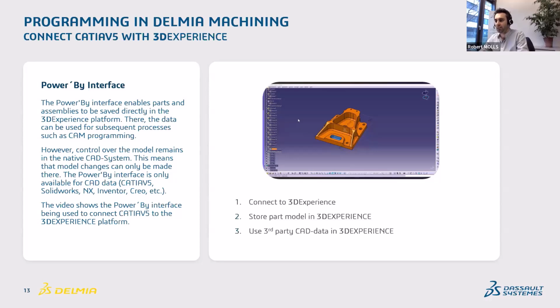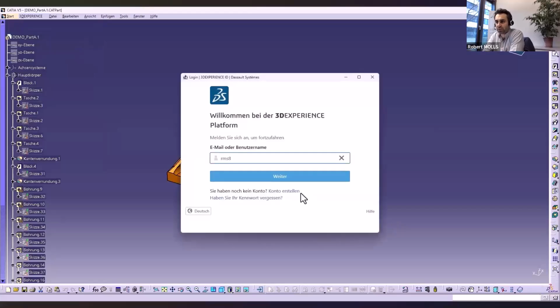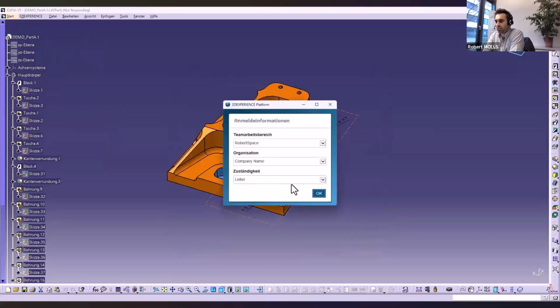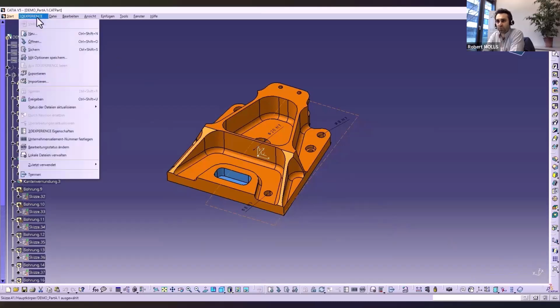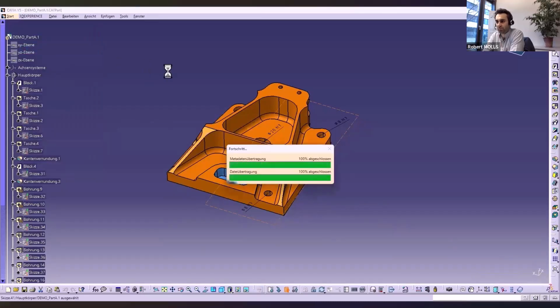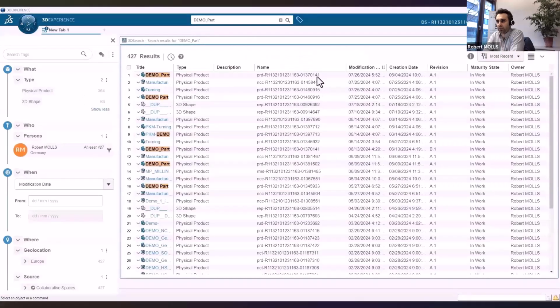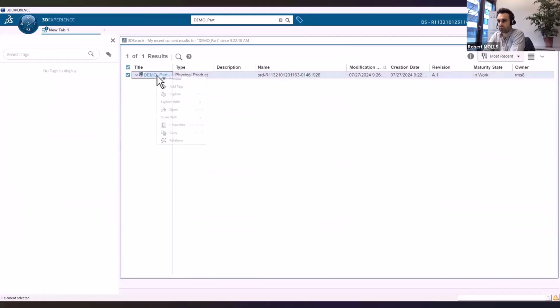And I just want to quickly demonstrate how that works based on CATIA V5. So I have here a model in CATIA V5. I then connect to the 3D Experience platform. And once I'm connected, I can store that model or that data directly into the 3D Experience platform. And it's then available in the 3D Experience platform as if it were a native 3D Experience file or model. So if I open that up,